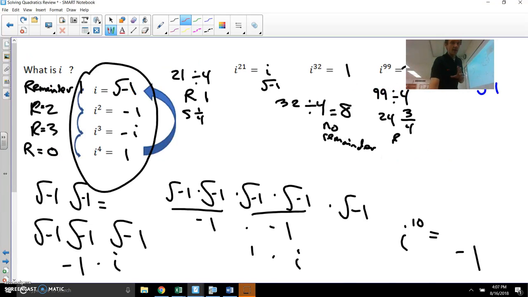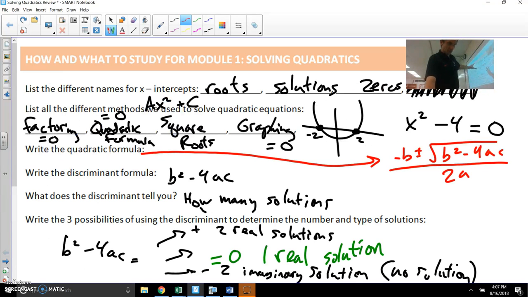Please take my advice on reviewing this first part. This is the best way to study, is just kind of basic vocab and actions. So if I ask you to solve, you know there's 4 different methods. If I use 4 different words to describe those solutions or roots or intercepts or zeros, you know what I'm